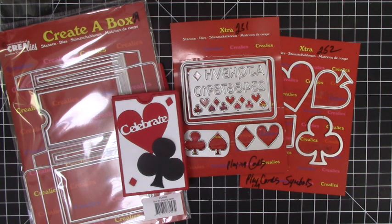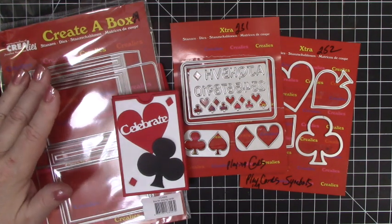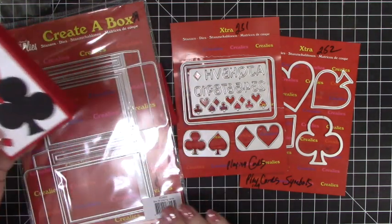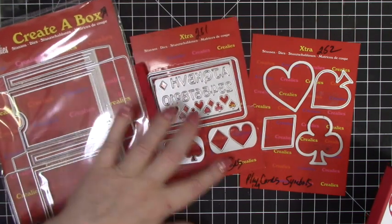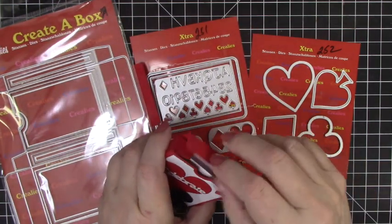guy celebrations. My youngest grandson is turning 8 this year, and he loves to play cards every time we get together. So this is what I created for him. I used the new box for playing cards, and the playing cards die itself and the playing card symbols. And when he opens this,